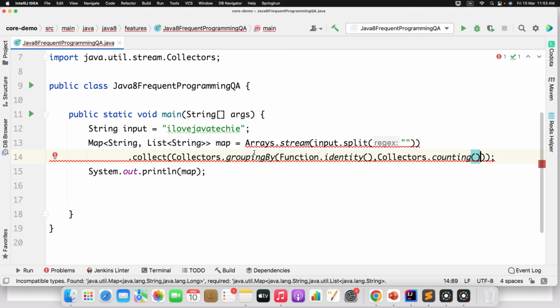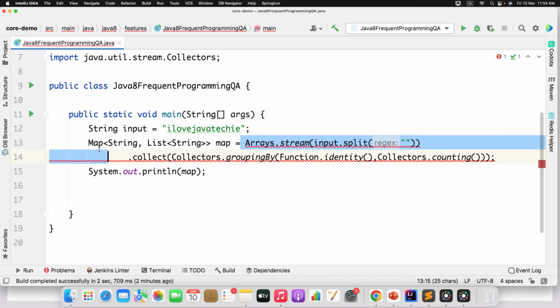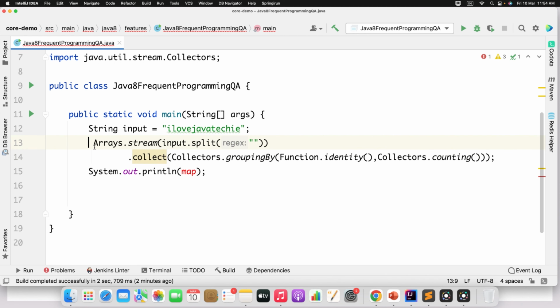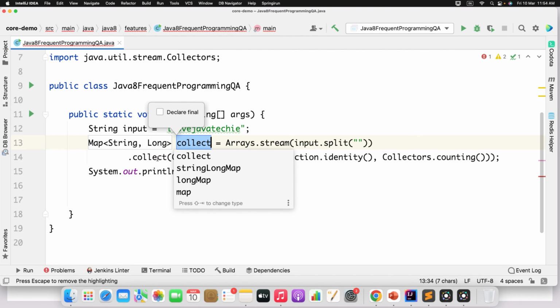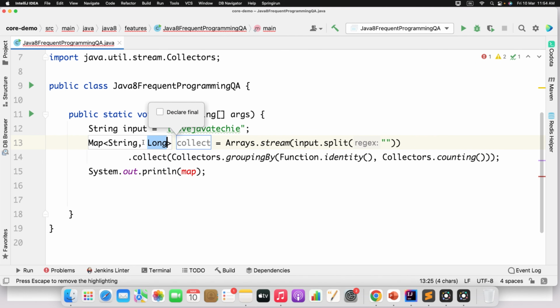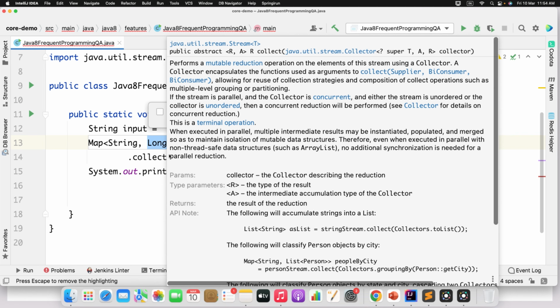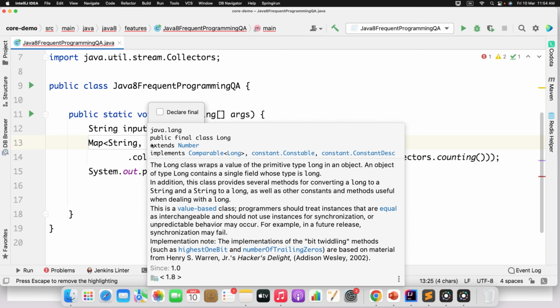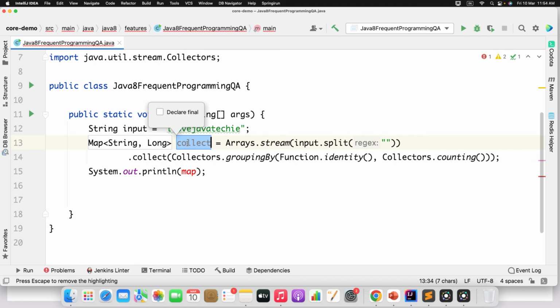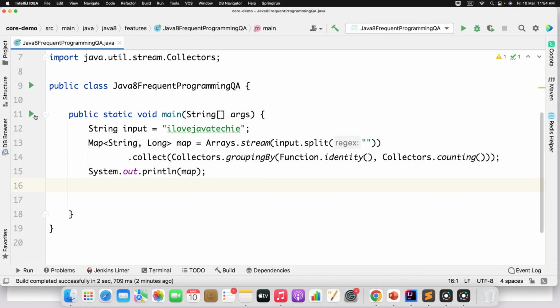Okay, now if I remove this, it will return me the string and a long as a value. String is nothing but each character, and the value is a long value. I mean A two times, E three times, those values are considered here as long. Okay, so I'll name it map. So now if I run this,